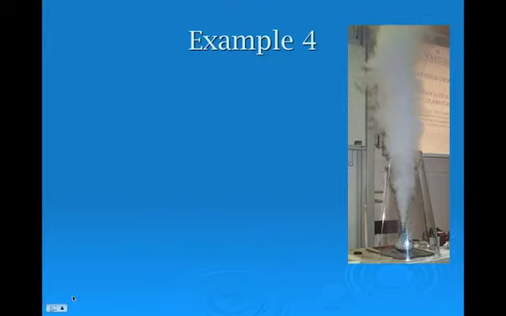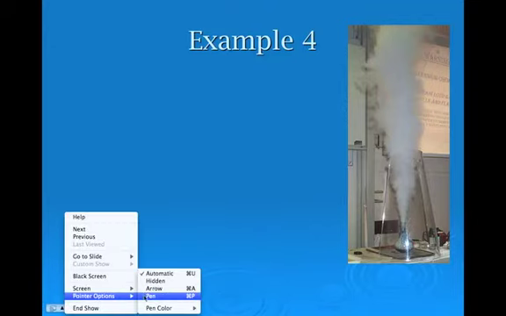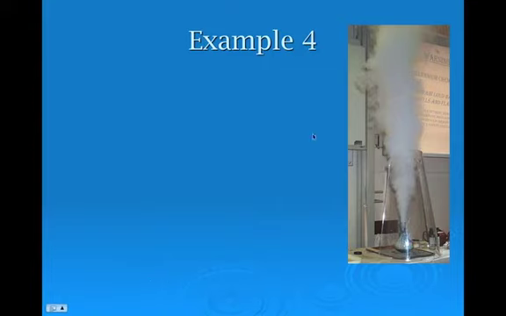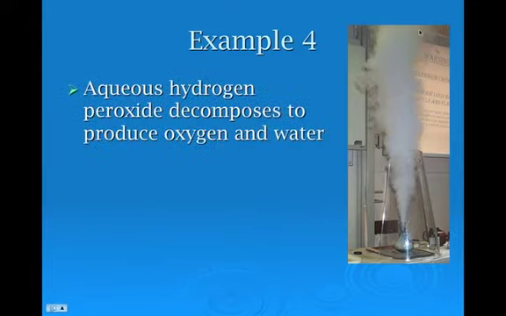Right, so here is part 2 of our balancing reactions. And we have one of, I love this reaction, I think it's fantastic. Aqueous hydrogen peroxide decomposes to produce oxygen and water. So, aqueous hydrogen peroxide decomposes. We'll talk about what this word means in a little bit, but to produce, so yields, sorry,